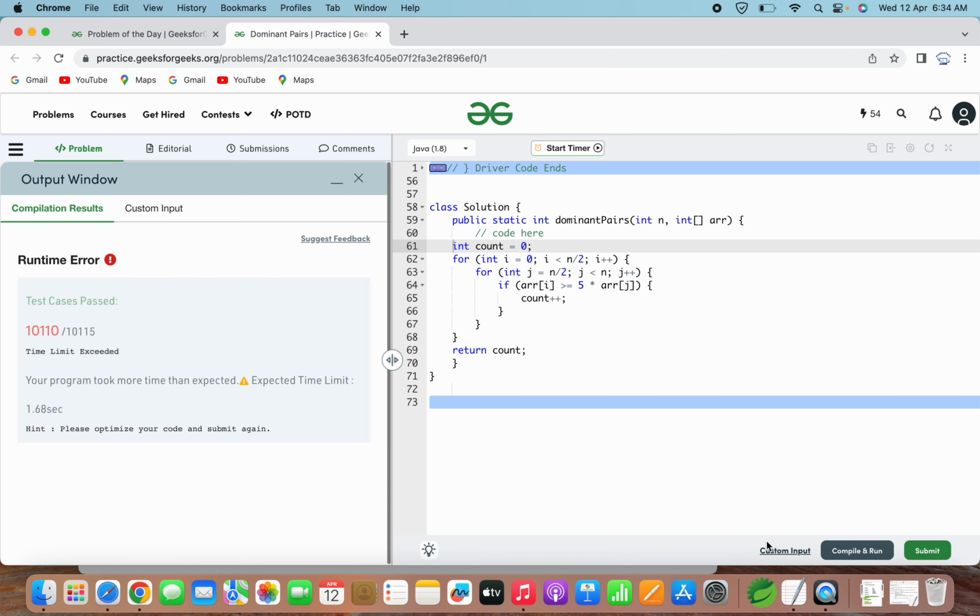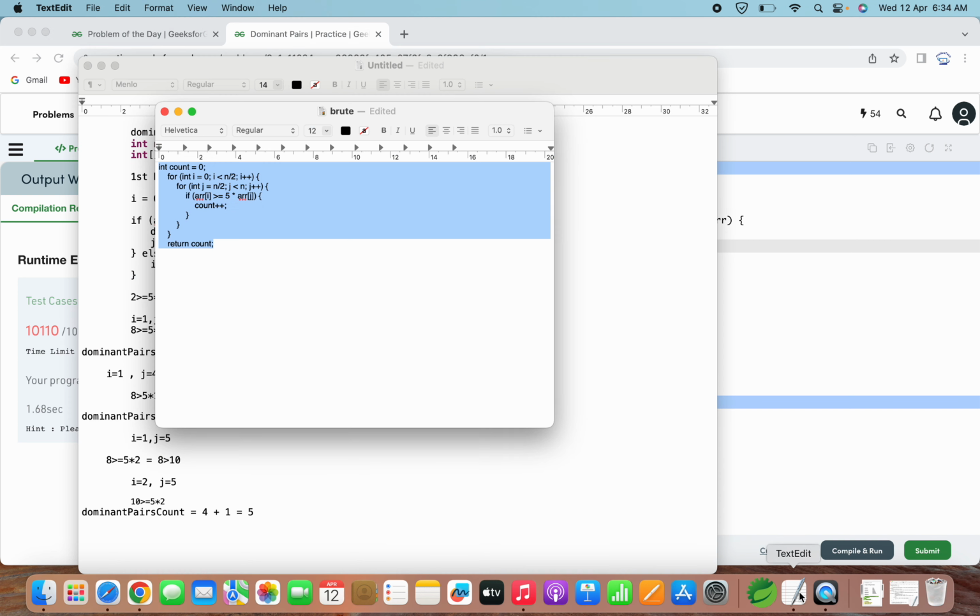See here, it gave a time limit exceeded error because it has to check each element of I against each corresponding element of j. So it will be in the order of n square time. So for improving this time complexity, I have to sort it into